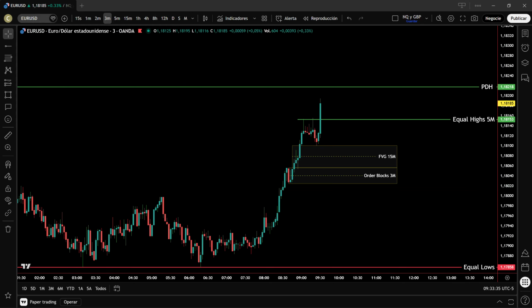Notice how the EURUSD pair has finally gained the necessary strength to pierce the 5M equal highs we were monitoring at 1.18153. However, the most interesting part of this transition is the appearance of the 3M order blocks situated just below the 15-minute imbalance. These order blocks represent zones where institutions have injected capital and typically serve as solid support